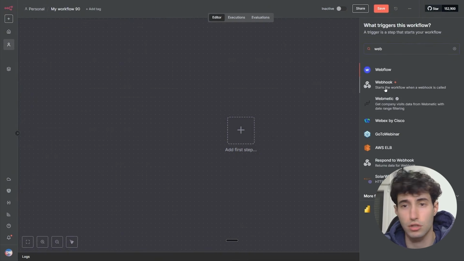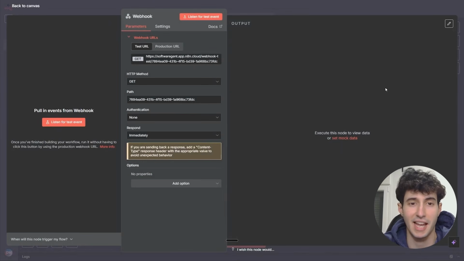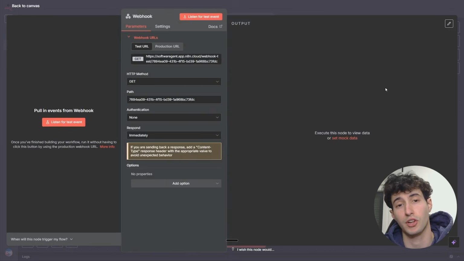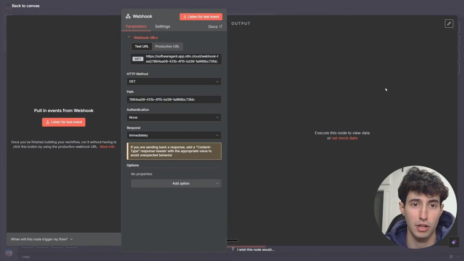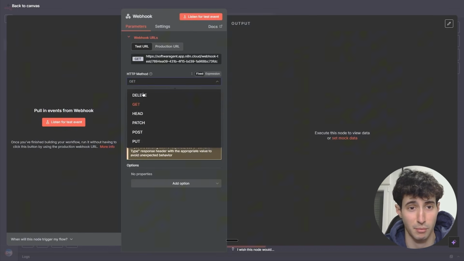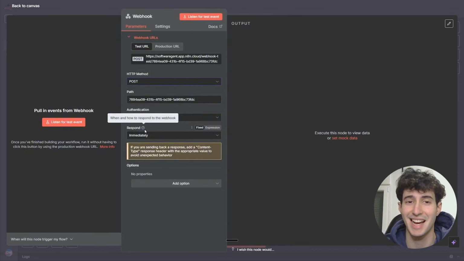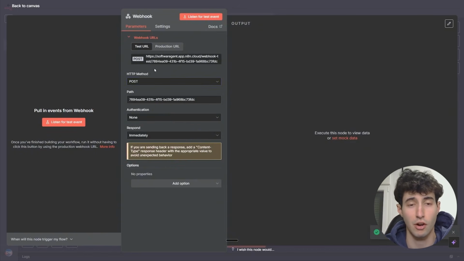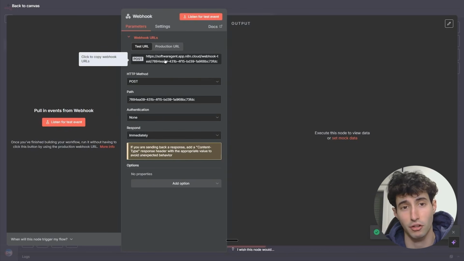And the reason I'm choosing to use a webhook and not any other trigger is because a webhook allows us to connect the front-end interface that we build with Lovable to the backend automation that we're going to build over in N8N. And to achieve that, all we have to do is come over here in the HTTP method and change it from GET over to POST, since that is the type of request we're going to be sending over to Lovable in order for us to be able to send and receive data. So now all I have to do is simply come over here and click on top of this URL